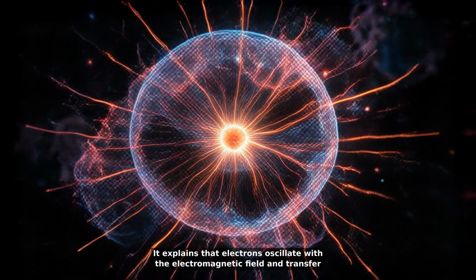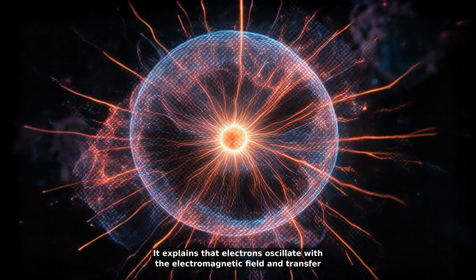It explains that electrons oscillate with the electromagnetic field and transfer energy to heavy particles through collisions, while high-energy electrons maintain ionization. It lists applications such as abatement of fluorinated compound gases, including hydrofluorocarbons, perfluorocarbons, and SF6 from semiconductor fabrication systems. It also cites decontamination of chemical and biological warfare agents and plasma-assisted chemical vapor deposition, PACVD, as further industrial